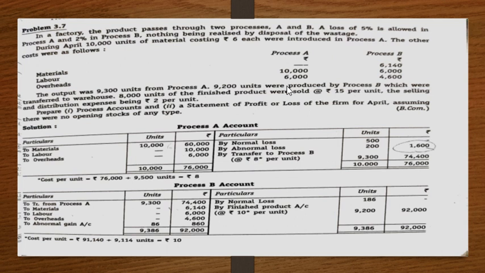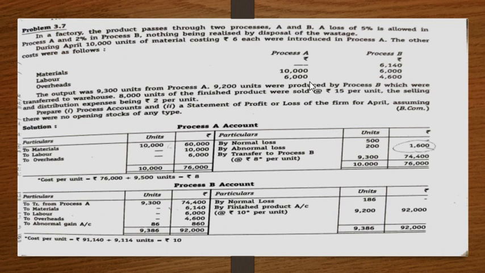Now they have given the expenses, so we will be taking that expense. Other adjustment is given here. The output was 9,300 units. This is the output for process A, which will be taken in your output column, that is on the credit side. Then 9,200 units for process B. So for A as well as for B, output units is given. The last process B's output was transferred to warehouse, that is nothing but a finished product transferred to the warehouse. Then they have stated 8,000 units of finished products were sold at rupees 15 per unit.